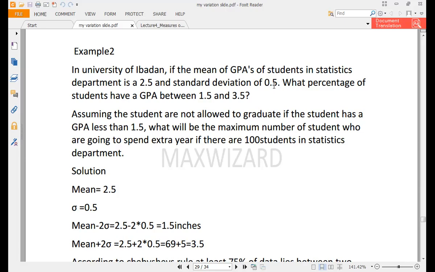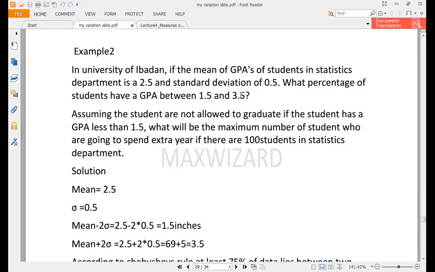And inside they say about 3 over 4 lies, I would say 75%. About 8 over 9 lies, or you say 88.89. You can see. So whichever way, let's see. Now, looking at this question, I was asked what would be the percentage of students that have GPA between 1.5